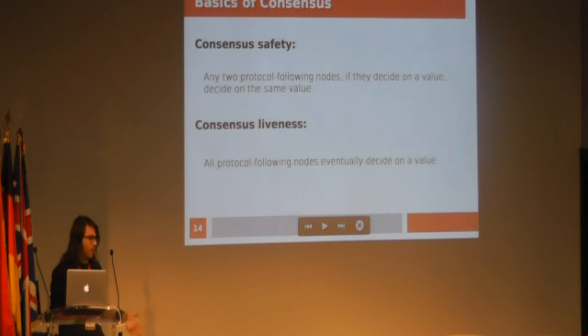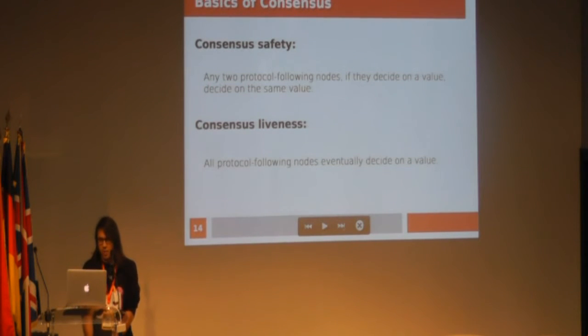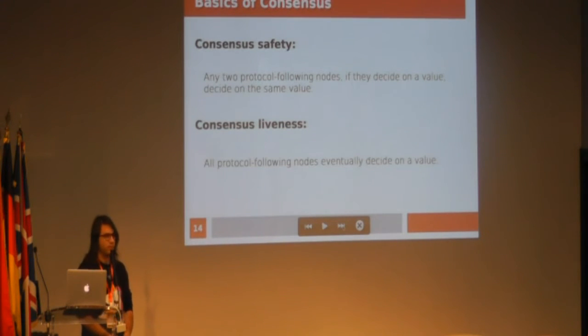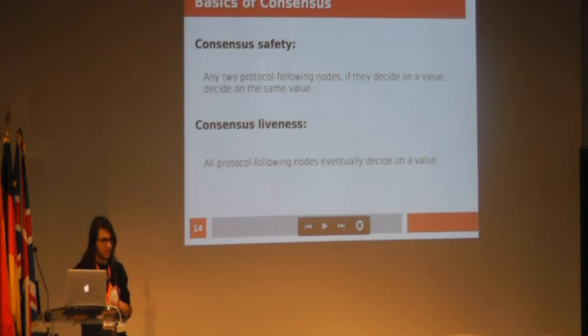There are two properties that people usually think about for consensus protocols, at the very least: safety and liveness. Safety basically means that two clients, if they're following the protocol, will make consistent decisions. By decision, we really mean finalized commitment, and that they won't ever revert. Consensus protocols, traditionally speaking, only really do what are called in the blockchain space finalized decisions. So a consensus protocol is safe if two protocol-following nodes make consistent decisions, and it's live if nodes eventually make decisions.